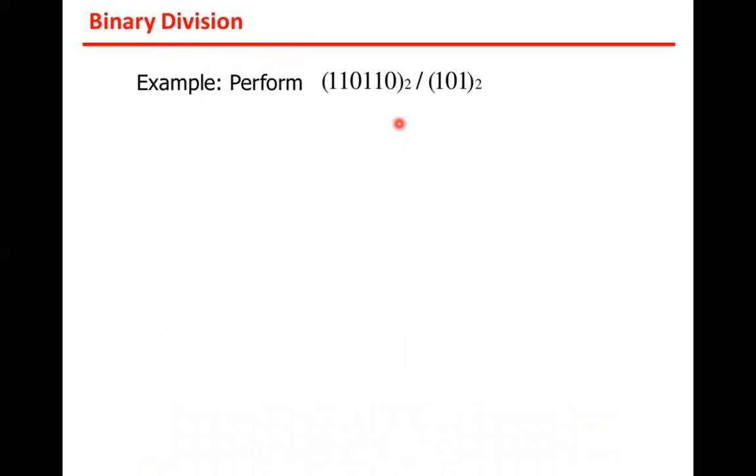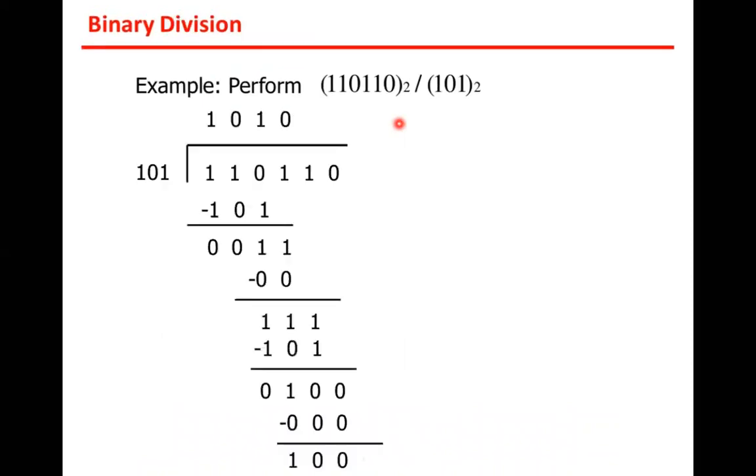Binary division, so you have only simple things. In the division part, this is how it comes: if you take 101 and then 110 minus 101, it will give 1. So we have to take care of the mathematics and subtraction so that we can do the division in the case of the binary number system.